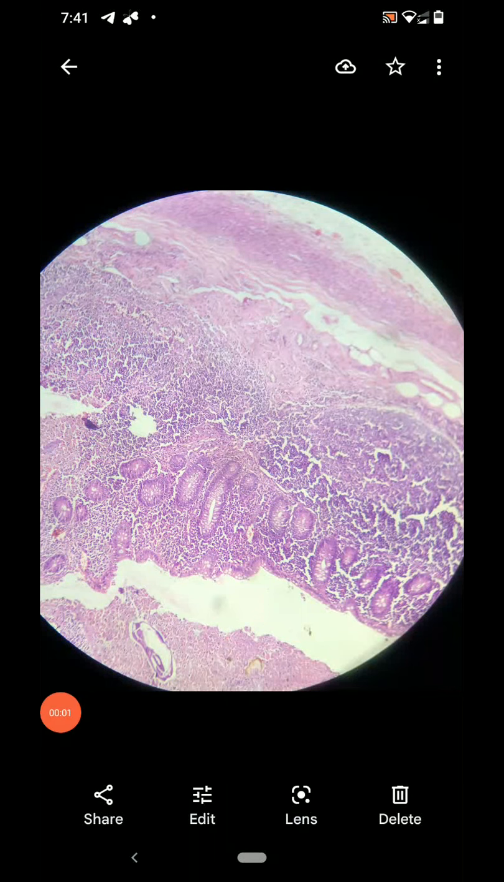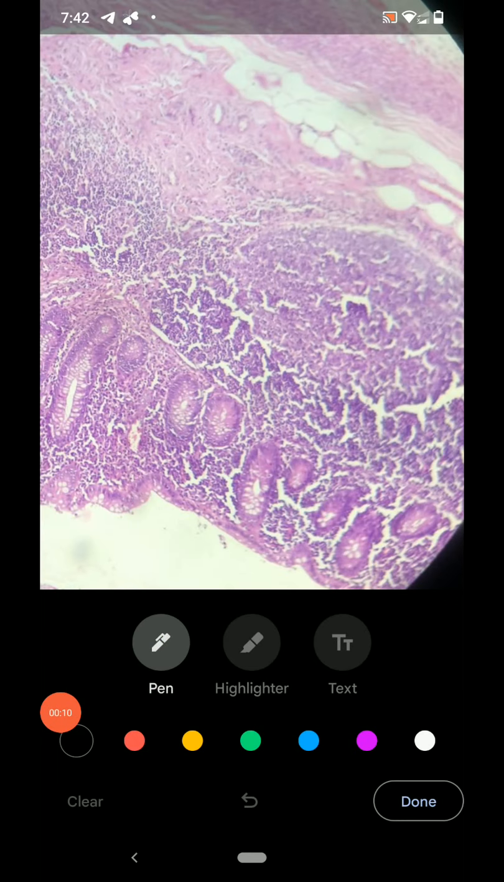Today's case is a 13-year-old male who came with abdominal pain and right iliac fossa tenderness. An appendectomy was performed, and here is the biopsy. Here we can appreciate the surface epithelium and crypts,